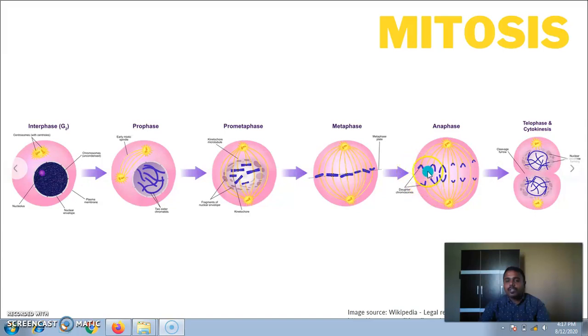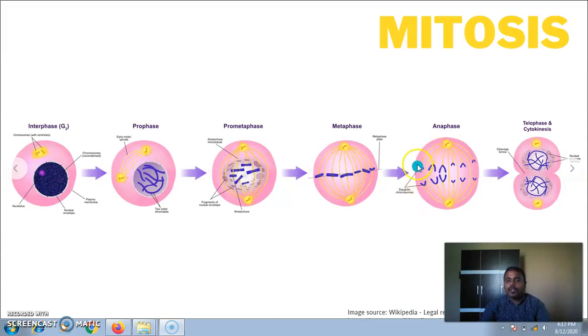This is a single daughter chromatid, and this is a single daughter chromatid. Likewise, you will have a pair of daughter chromatids in each of your chromosomes. This is the condensed chromosome. So during anaphase, one pair of daughter chromatids and another pair of daughter